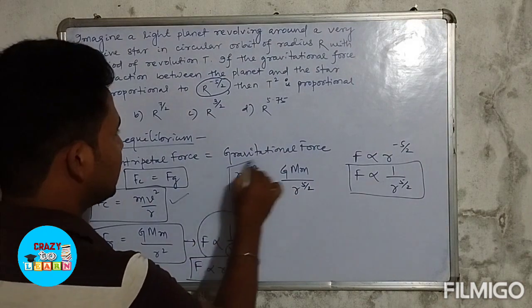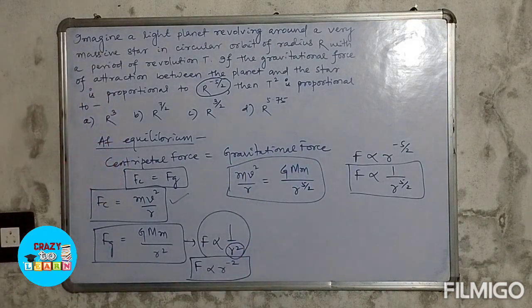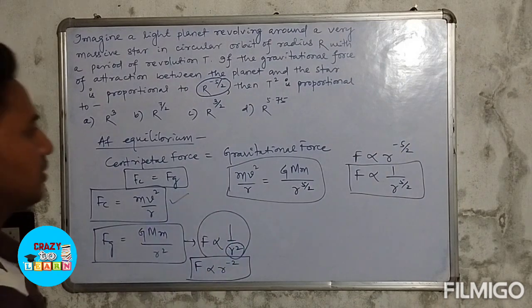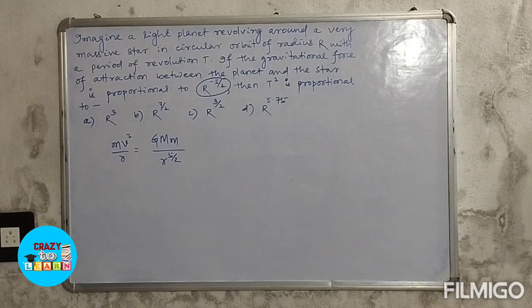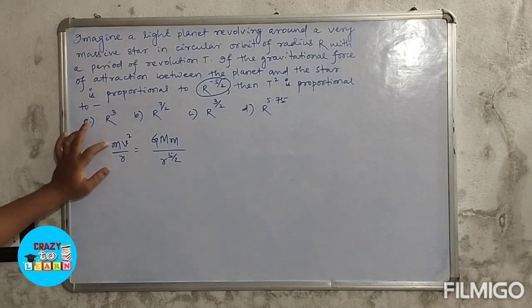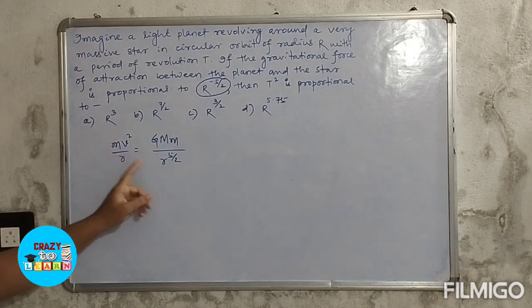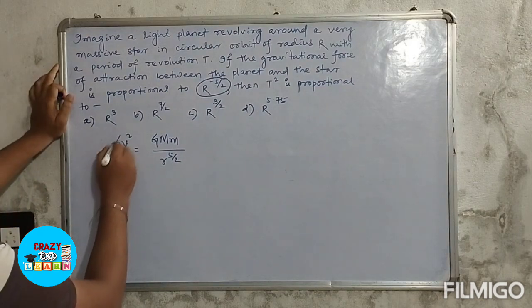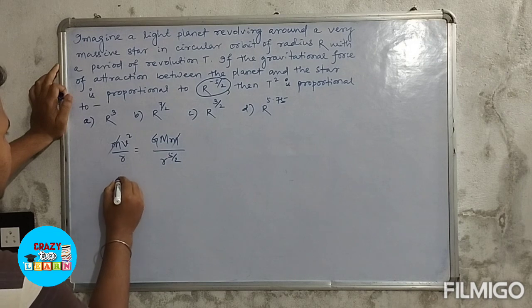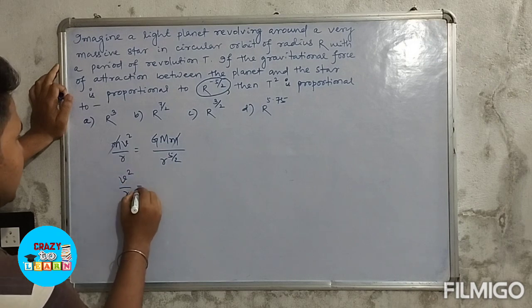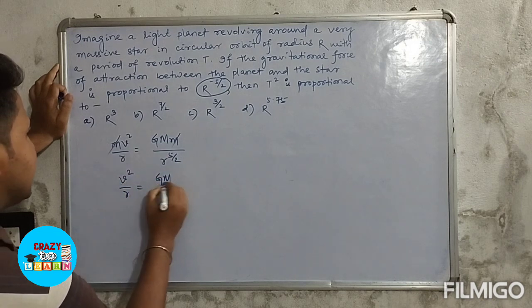So from this we will proceed. Now we will proceed from this step. The centripetal force mv square by r is equal to the gravitational force of attraction, capital G mm by r power 5 by 2. So now cancel small m from both sides. We will get v square by r is equal to capital Gm